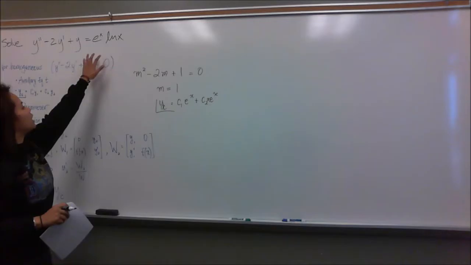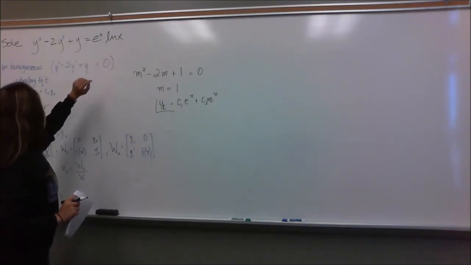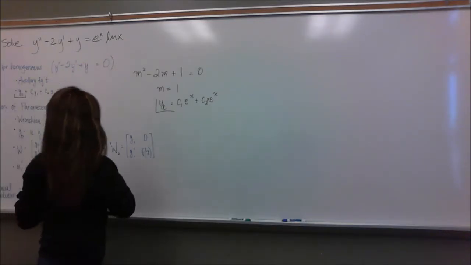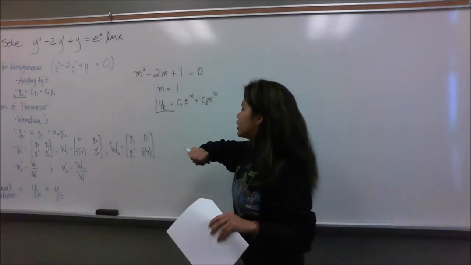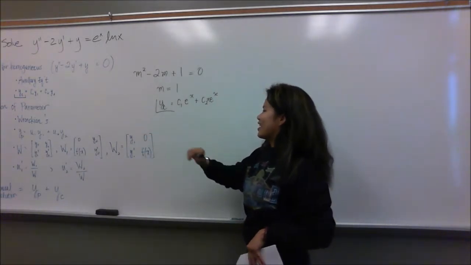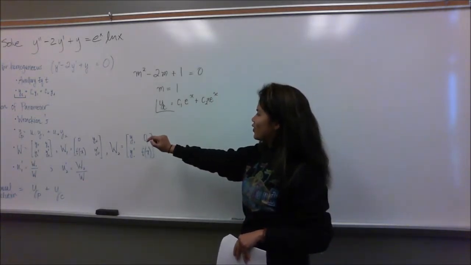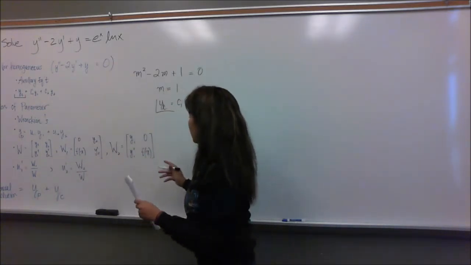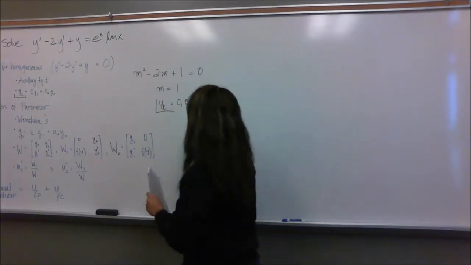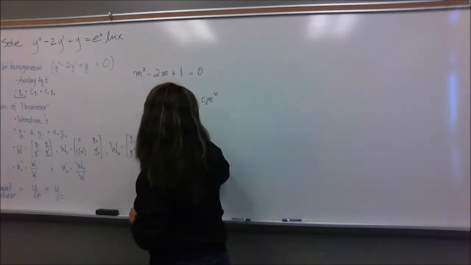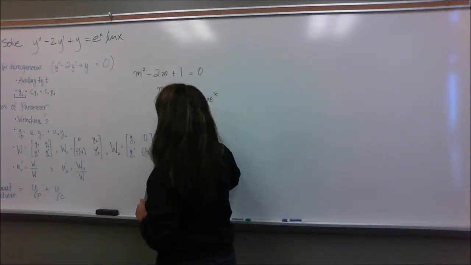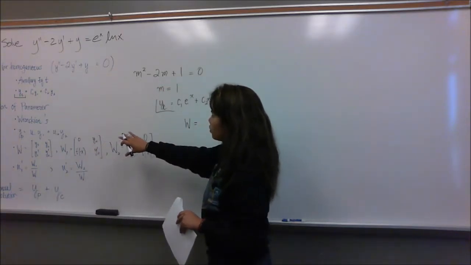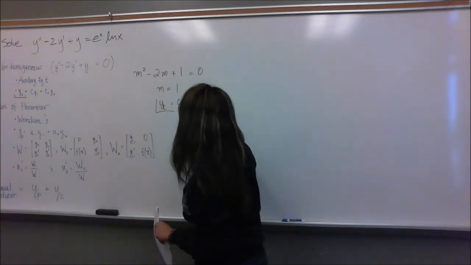Now, in solving for the non-homogeneous part, the e to the x ln x, I'm going to use variation of parameters, and to solve for that, we need to use the Wronskian, which I've listed down here. So in solving for those, I would get W equals, I'm just going to go ahead and list the y1, y2, and the derivative there,